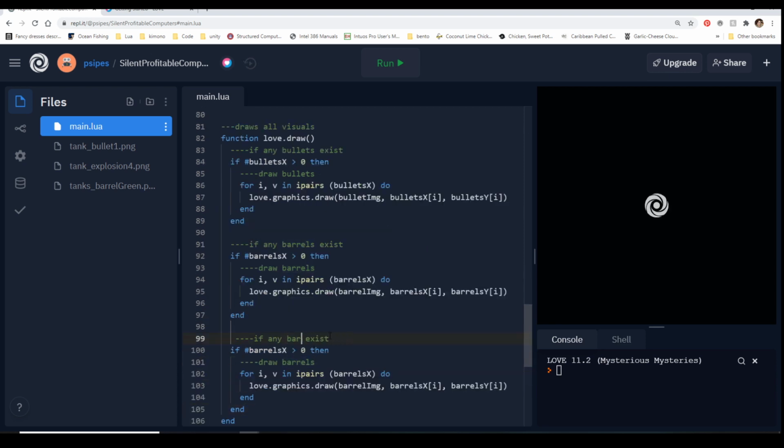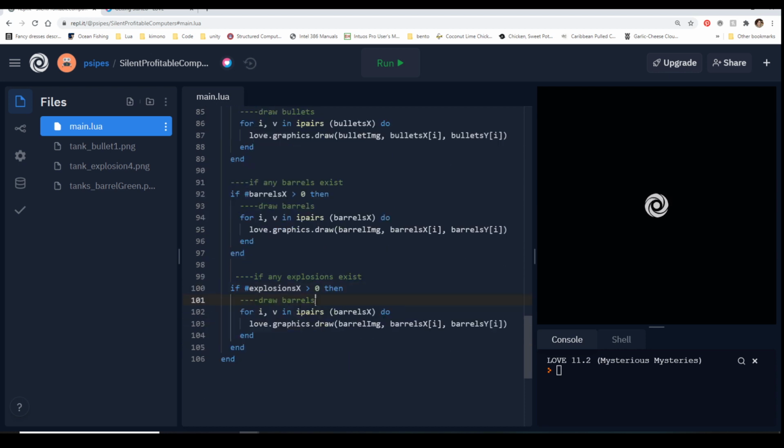And we can say if any explosions exist, and we can say if explosions X, draw booms, and this is just, you know, subbing out values. Okay, cool.